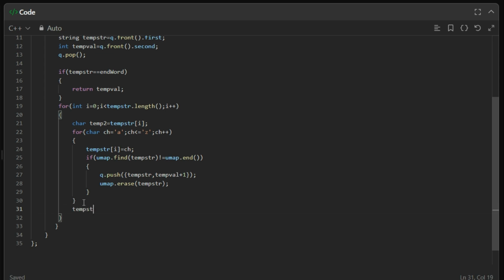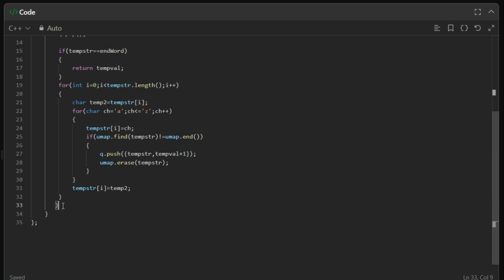So temp str of I equals temp2. By doing this, we get the temp str as it was before performing this operation inside the for loop. So likewise,